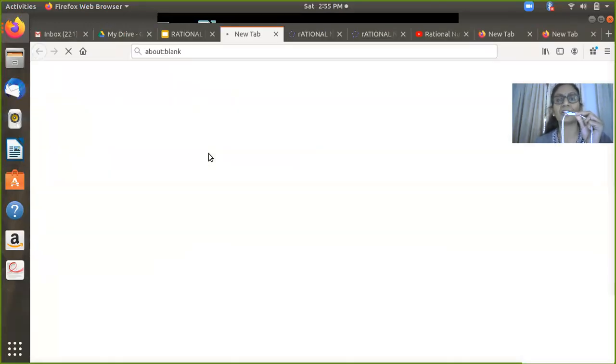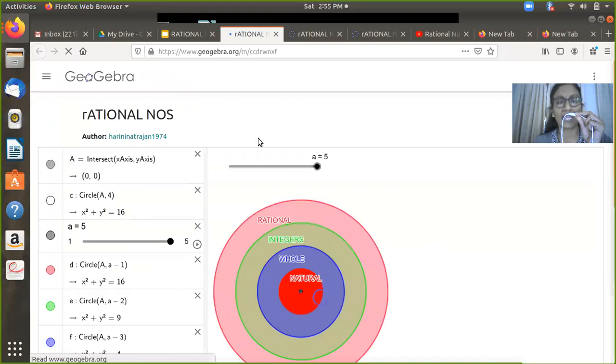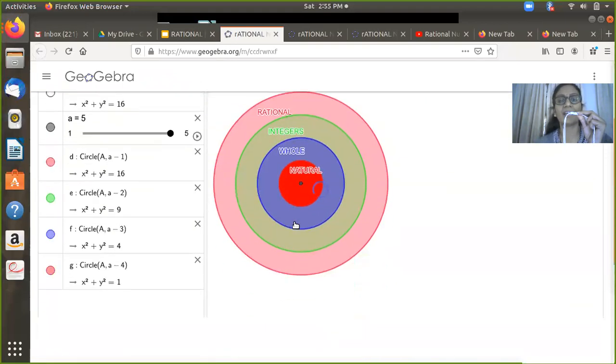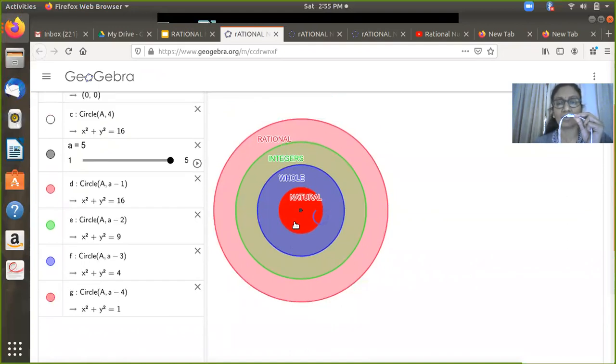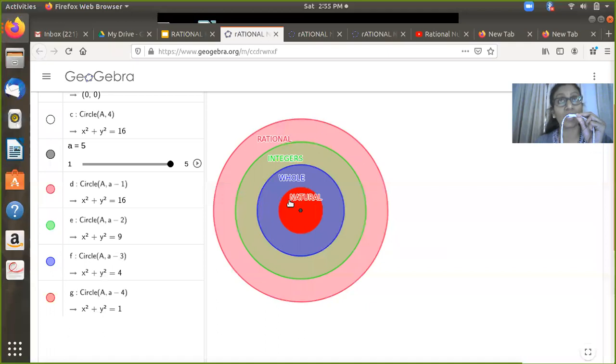So I'm clicking on here. It is taking you to that applet where I have prepared a schematic diagram of the growth of the number system. So initially we have this red circle, you're seeing that there. This is nothing but the group of natural numbers or the counting numbers that we started with. Then this grew into a bigger group when we included 0 with the natural numbers and we called them whole numbers. So whole numbers was a bigger group compared to natural numbers because it had 0 within it. So 0 plus the natural numbers became the whole numbers.